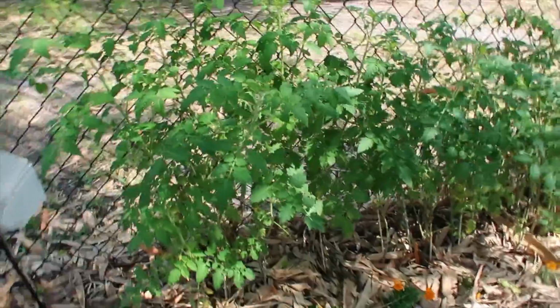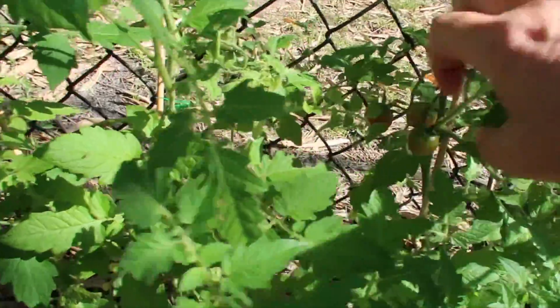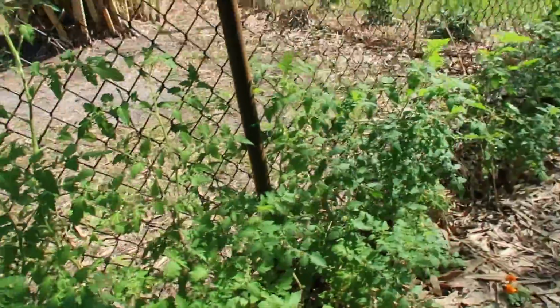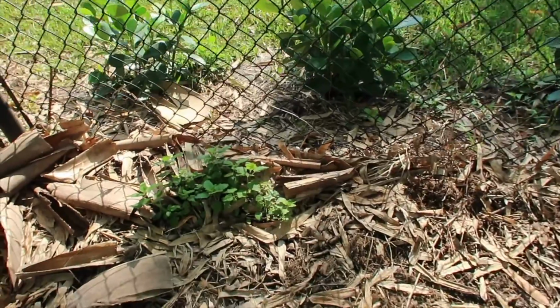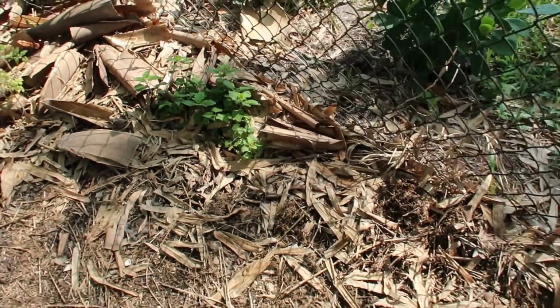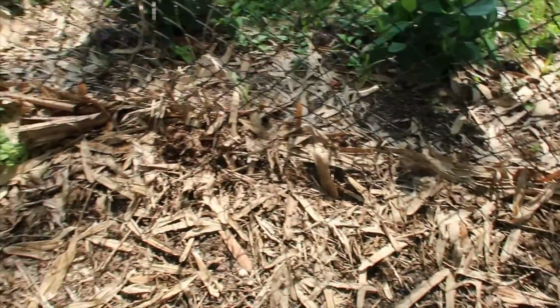As you can see, they are really loving the rain and the water. I have actually picked some tomatoes off of it already, and we've got some more here that are turning ripe, so I've been really happy with that. I sort of extended my throwaway garden past the lemon balm, which is looking really nice, and right here, as you can see from this,